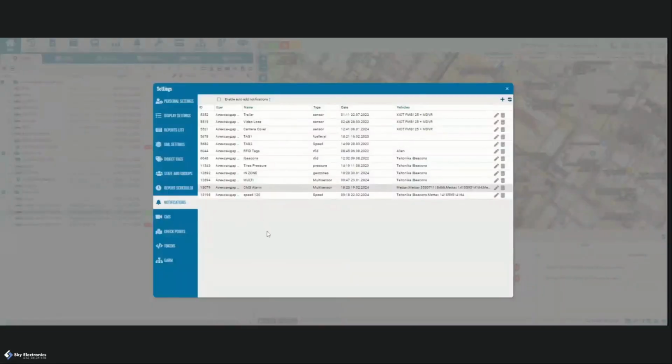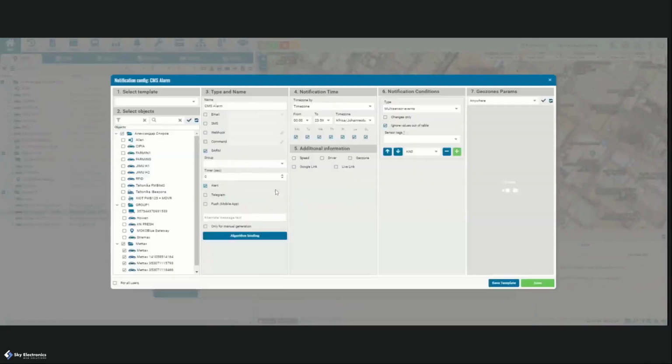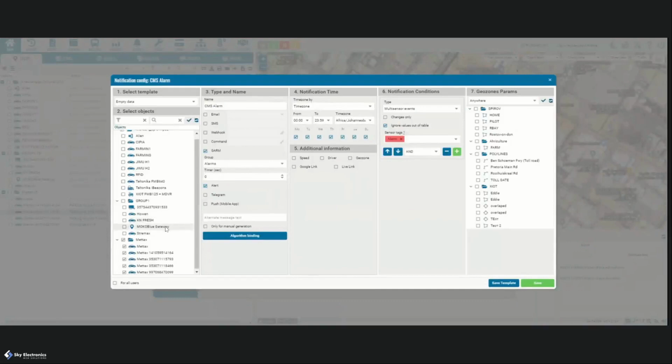Next important thing is in settings notification module, you need to create a multi-sensor notification. So you need to select your devices. How do you want to receive the notification? At the moment, set for me to see it in GAM module and to receive an alert. Need to select your time range. When do you want to monitor this multi-sensor? In the conditions, it has to be multi-sensor events, and